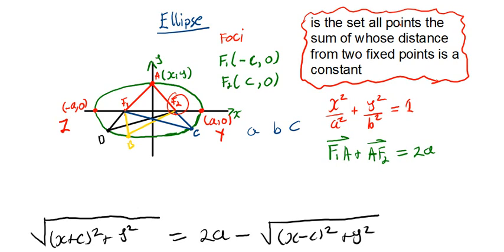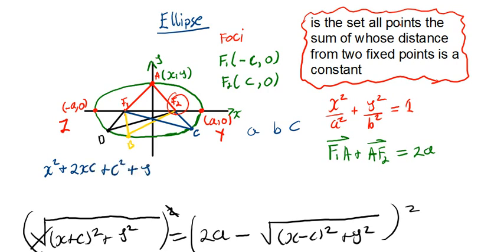So square both sides like that. You observe that this is going to cancel and that's going to cancel. And for this part, you can even expand this one in advance. Expanding that one is going to be x squared plus 2xc plus c squared plus y squared is equals to,